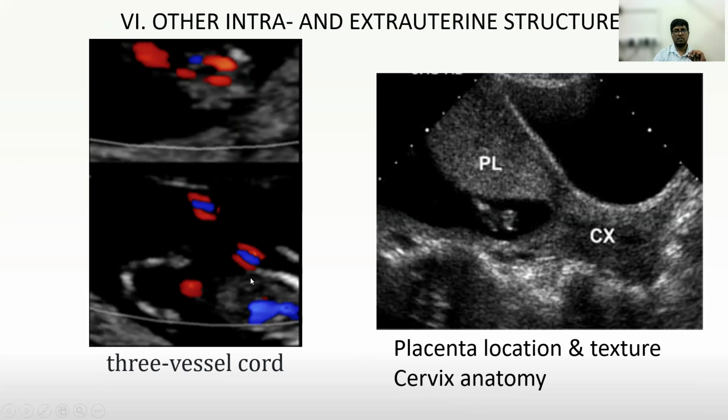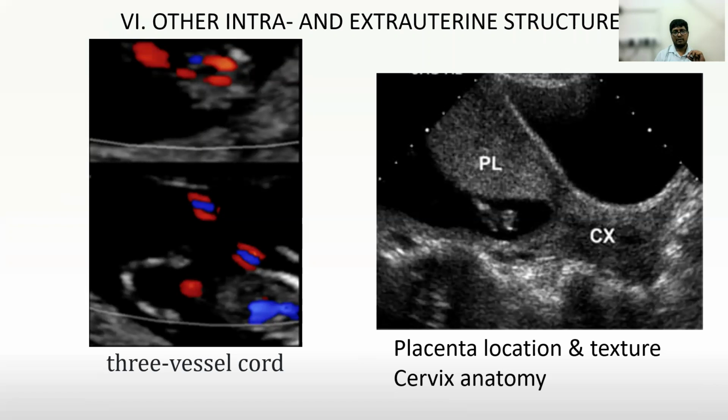The other extrauterine structures that we'll be looking at are the placental location and texture. We should always see the placenta, the location of it, and the inferior margin of the placenta we have to trace, which is very easy to trace in the first trimester. We have to measure the distance between that and the internal cervical os. This is of utmost importance